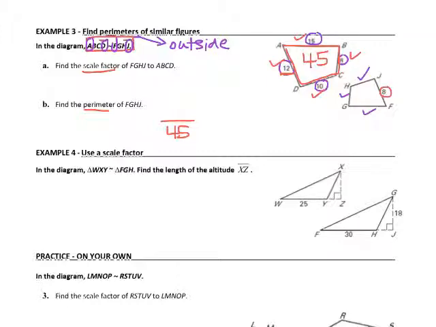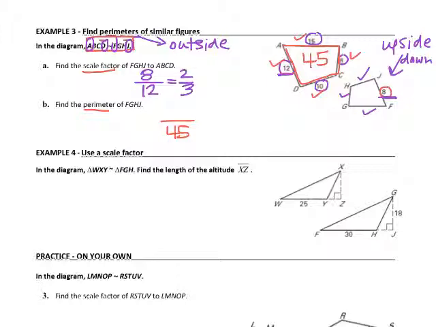So remember, if the shape doesn't look like it's the same exact shape, check to see if one of them is upside down. Notice that this whole quadrilateral is turned a completely different direction. So I'm going to line up 8 to 12, right? This side, JF, is 8, this side, AD, is 12. And if I reduce that, I'm going to get